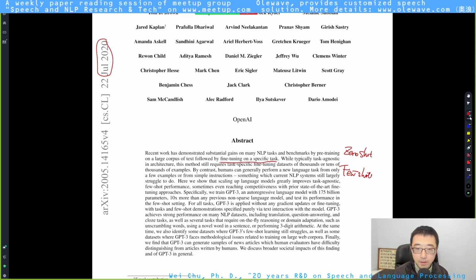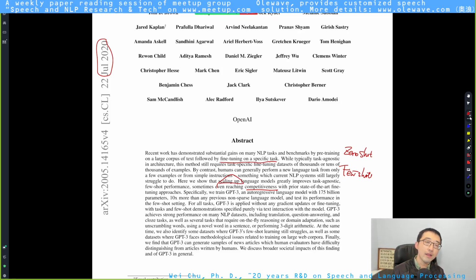The author mentioned that, as is known to all of us, scaling up, making a larger language model, does improve the task-agnostic performance. And especially they have shown that in their few-shot learning, they have reached competitiveness with the prior state-of-the-art fine-tuning approaches.